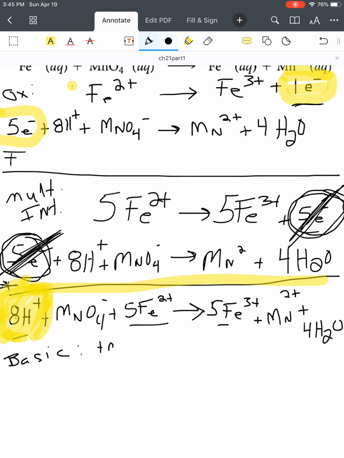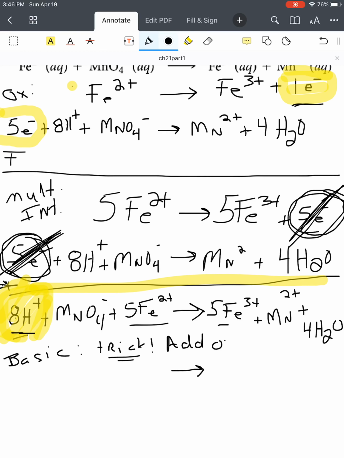It turns out we do what I'll call a trick, okay? We start off the problem, even if it's in basic solution, we know that from the onset. We start off balancing, just like we would for acidic solution. There's no difference, okay? Until we come to this last step, where we're at right now. What we do is we take the result of the answer for the acidic solution, and we get rid of these H pluses. The way that we do that